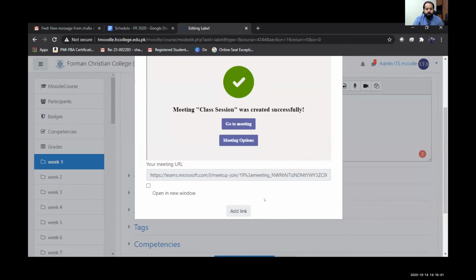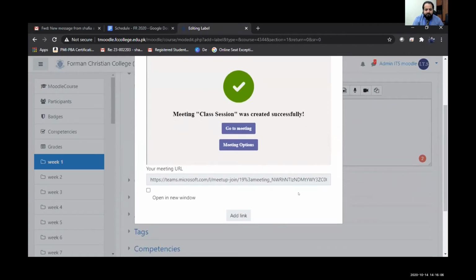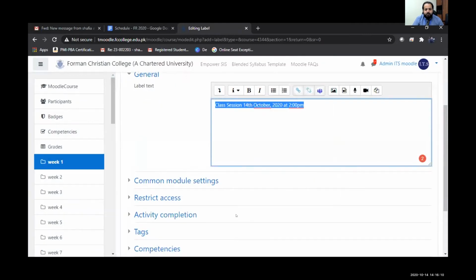Okay. So let's proceed further. The next thing is that you need to click on add link. As soon as you click on add link, can you see that this text is now hyperlinked? This means that we have created a meeting and it has a label with the class timing. That is what I put here.